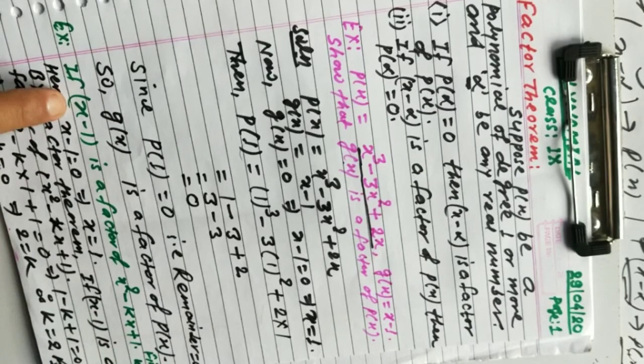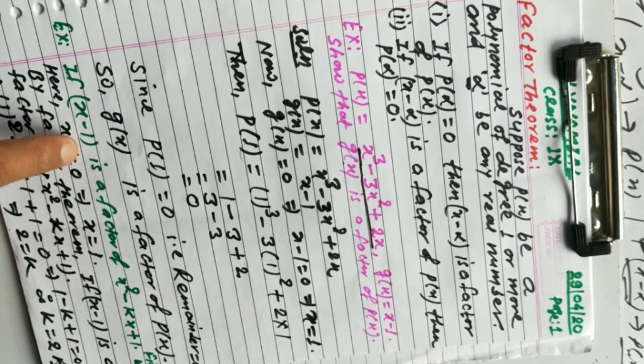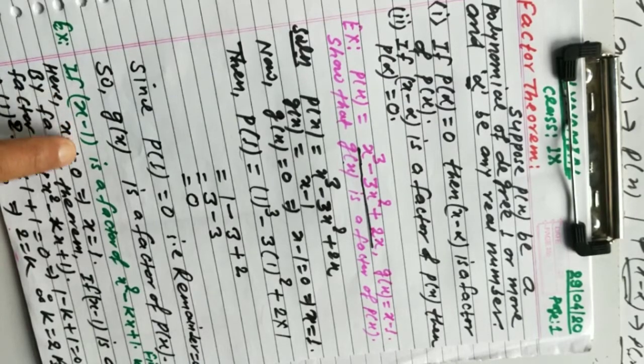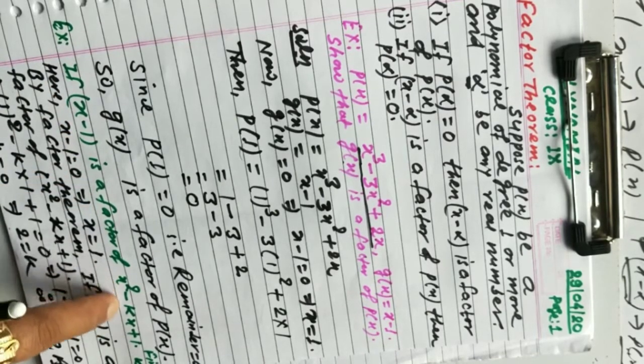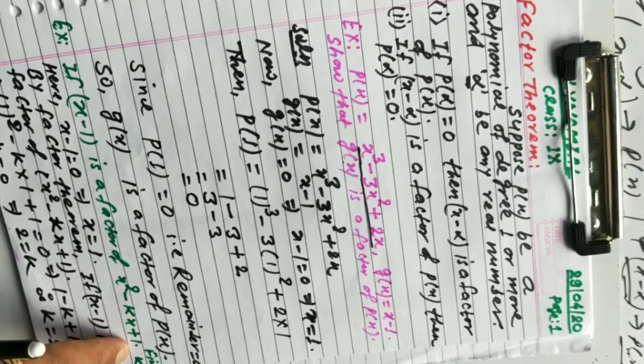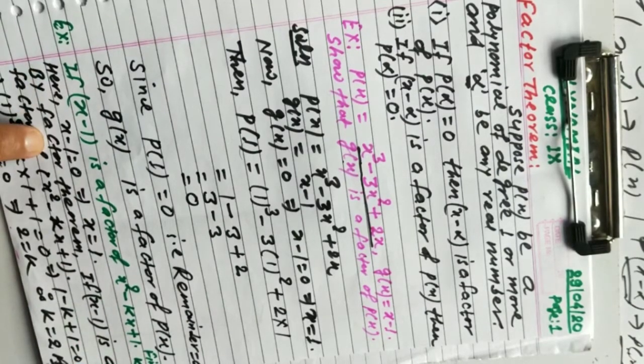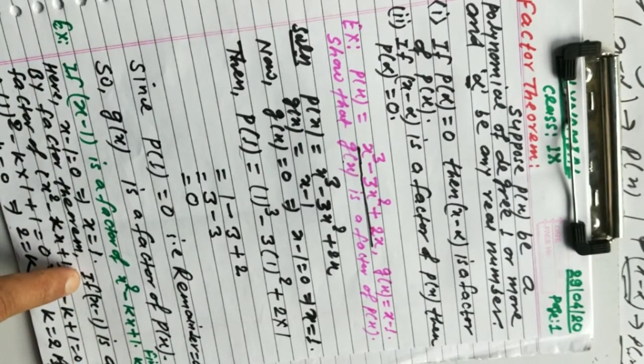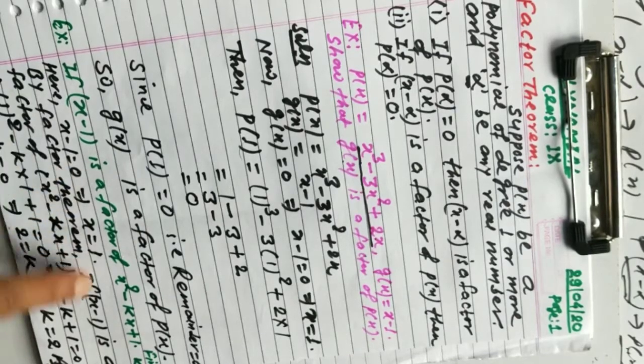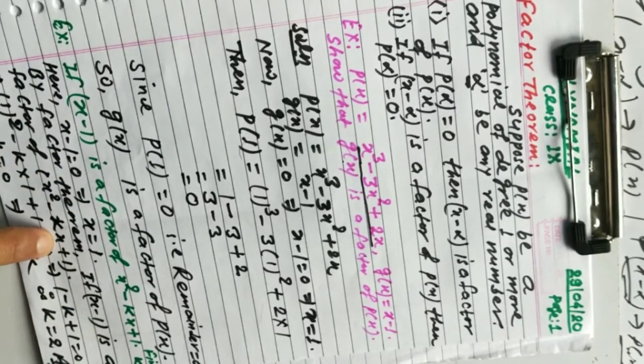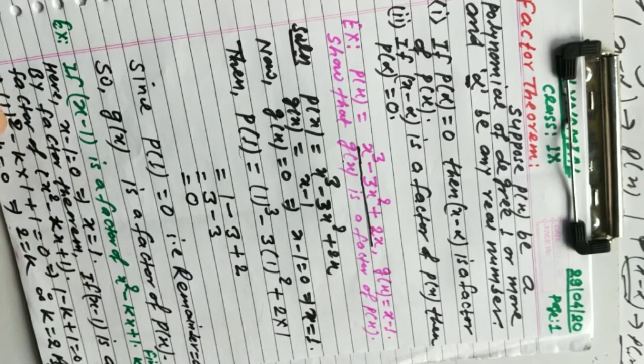And if it is given that x minus alpha, that is alpha is any real number, here it is given that x minus 1 is a factor of this polynomial x square minus kx plus 1, then apply the factor theorem and write if x minus alpha is a factor of given polynomial, then P(alpha) will be equal to 0.